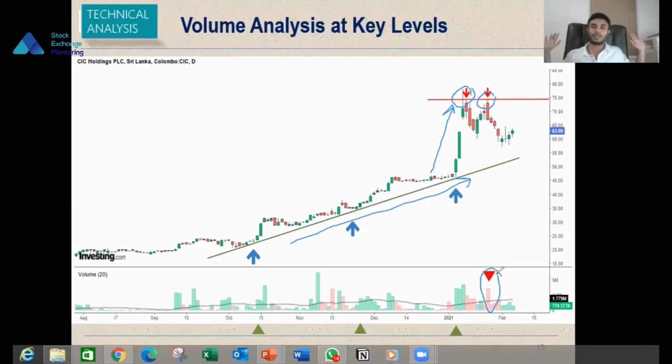So maybe at that peak level, the sellers thought the buyers are not having much interest, and there's some selling pressure from that point. After that the price started to go down and was rejected from 75 levels, and maybe it can find some support at these levels and move back up to test the resistance levels previously. So you can see these key levels, if you have identified and kept them in your chart, will be very valuable information for you to make your future trading decisions.